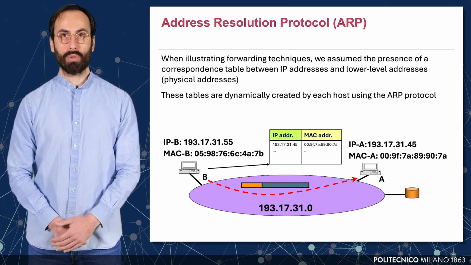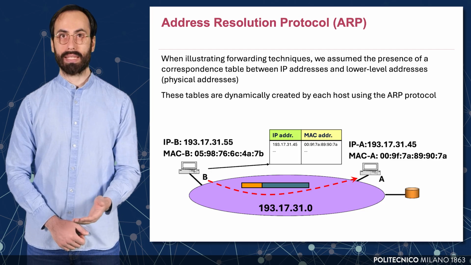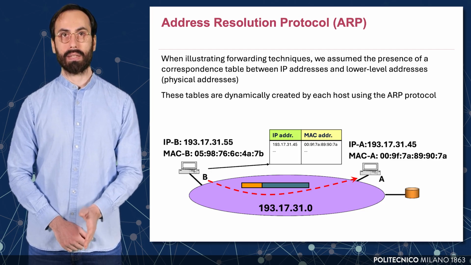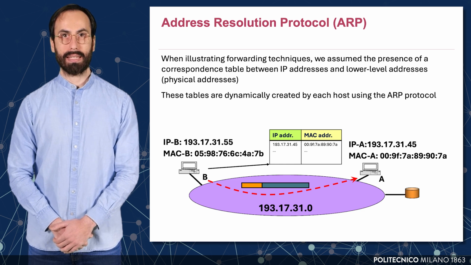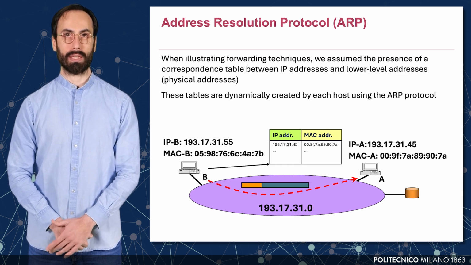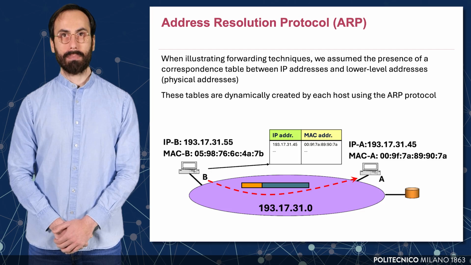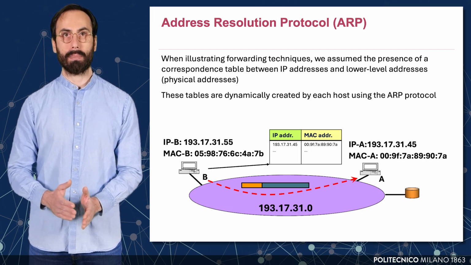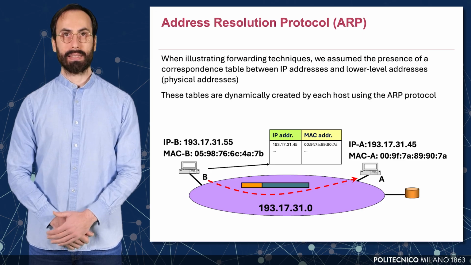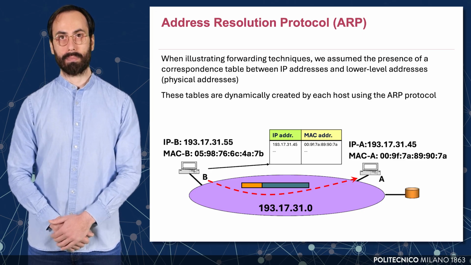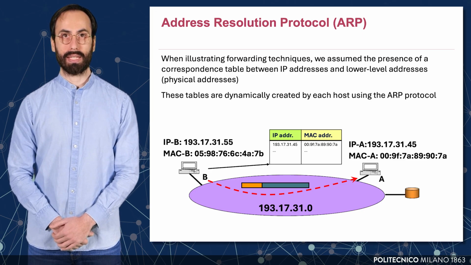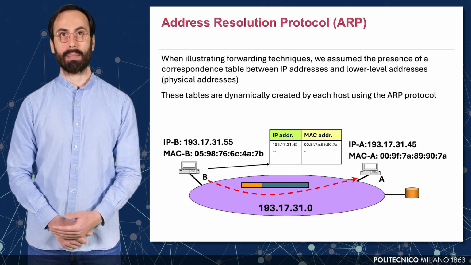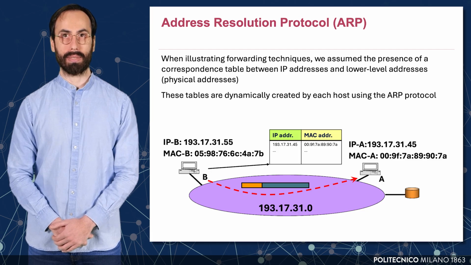In this diagram, we see two hosts, A and B, with their IP and MAC addresses. When A wants to send a packet to B, it doesn't yet know B's MAC address. It sends an ARP request across the local network, essentially asking, "Who has IP B?" B replies with its MAC address, and A stores the result in its ARP table for future use. These tables, shown in the center of the image, are built on the fly by each host and updated dynamically as communication happens. This mapping between IP and MAC is fundamental for Ethernet-based networking.